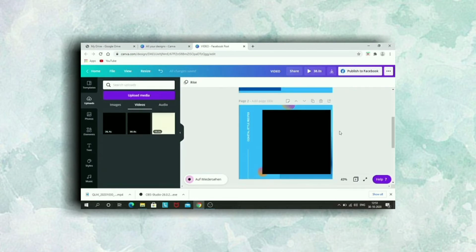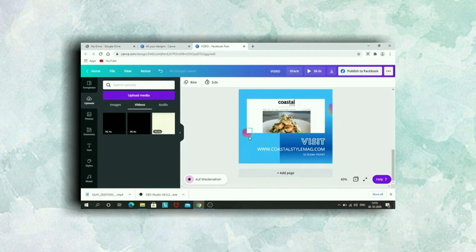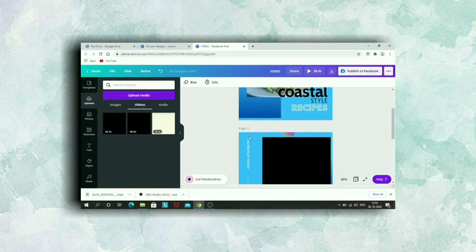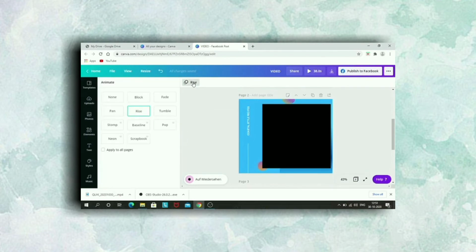Then in the video section you will find the video. Just select that video and it will appear on the slide, and adjust the position of the video. Then you will animate the second slide as well as we had done the first slide, and you can apply the same animation effect so that it looks uniform. You can use also another style called pop.